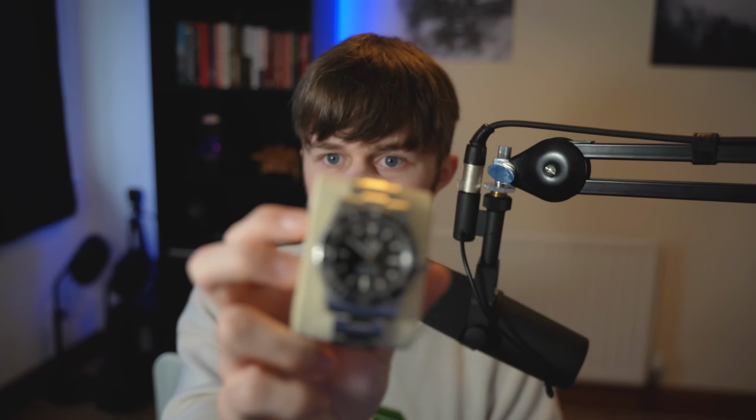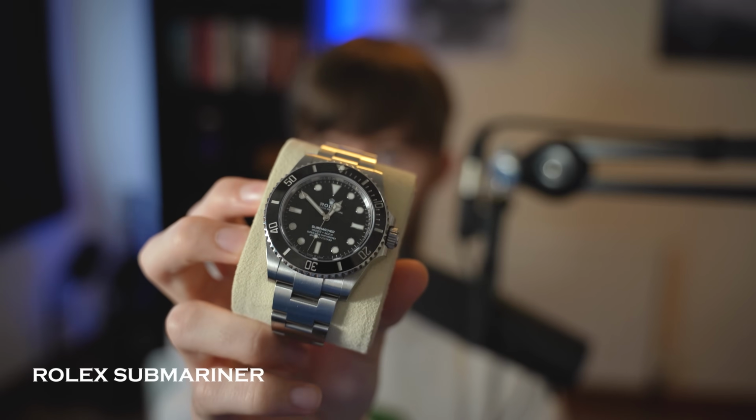So we have 3 more Rolex boxes to show you guys the watches which we've actually got. We're going to start off with the one I bought after that, and that is the Rolex Submariner. There you go. So obviously pretty classic